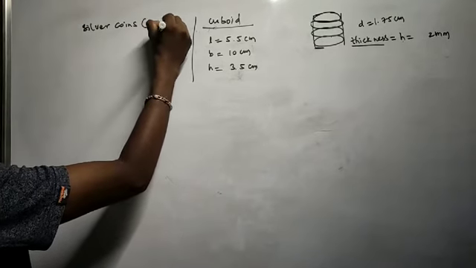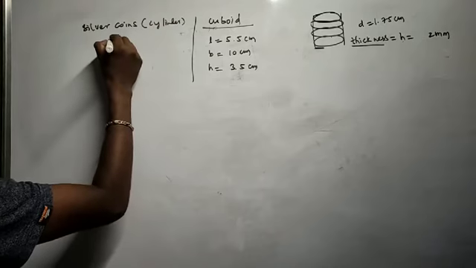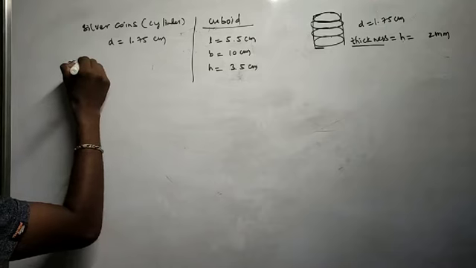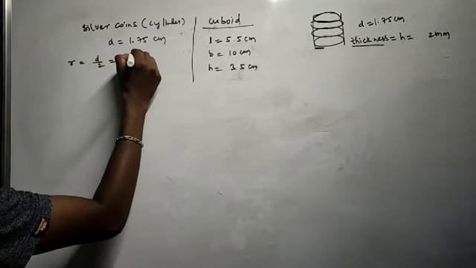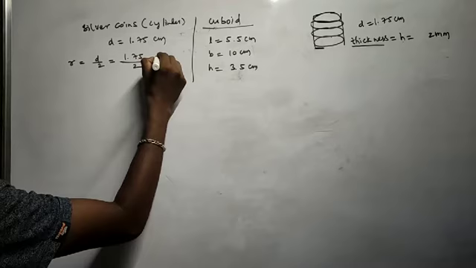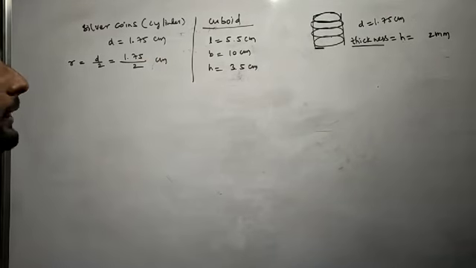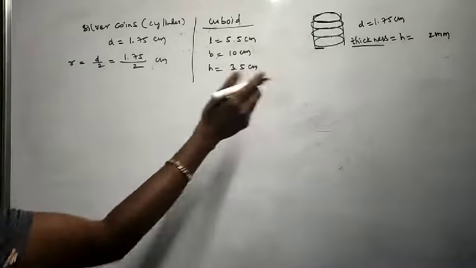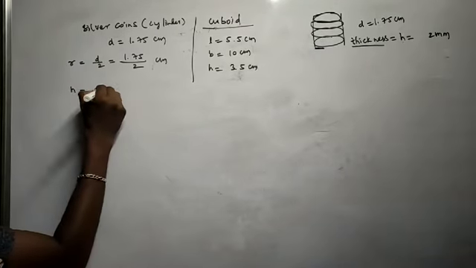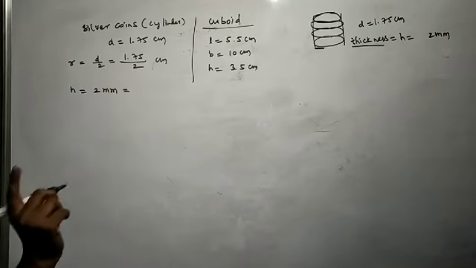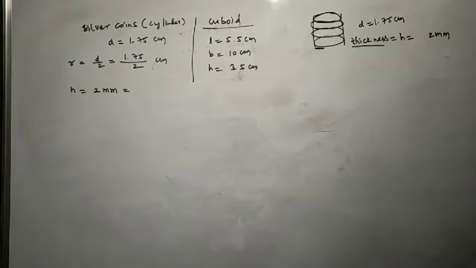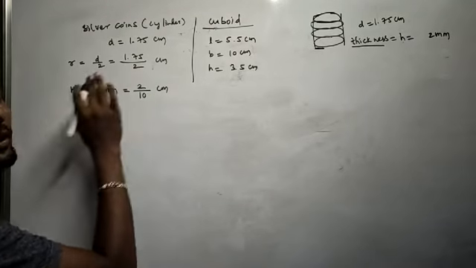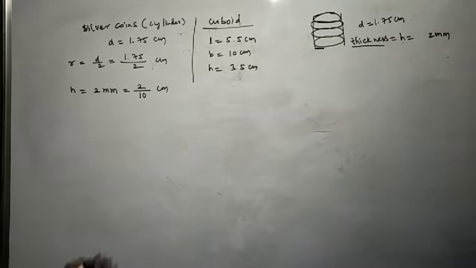overall the coins are made in cylinder form, okay. So D is equal to 1.75 centimeters. So R is equal to D by 2, simply I will write 1.75 by 2 centimeters. I told you already, when odd numbers come, we can leave it in fractional form, no issue. Then thickness, height is equal to 2 mm. So 1 centimeter is equal to 10 millimeters, correct? So we'll write 2 by 10 centimeters, and this one also I am leaving as a fraction, okay.